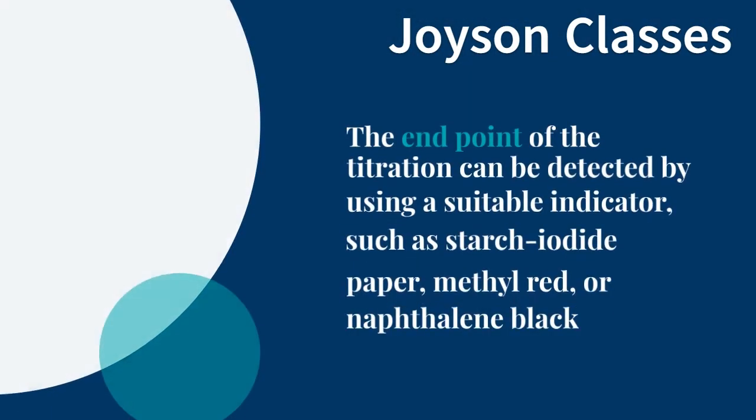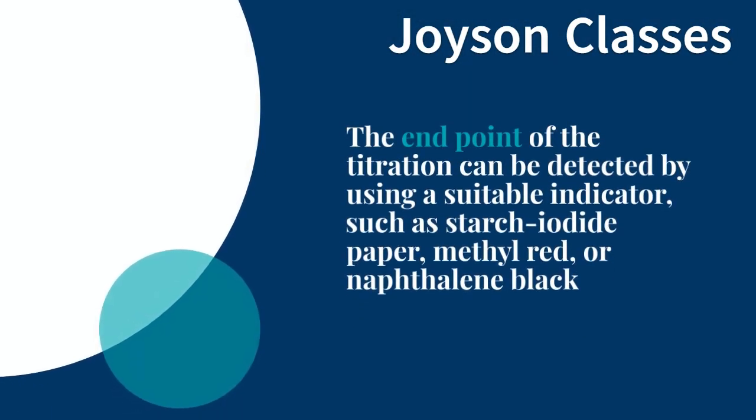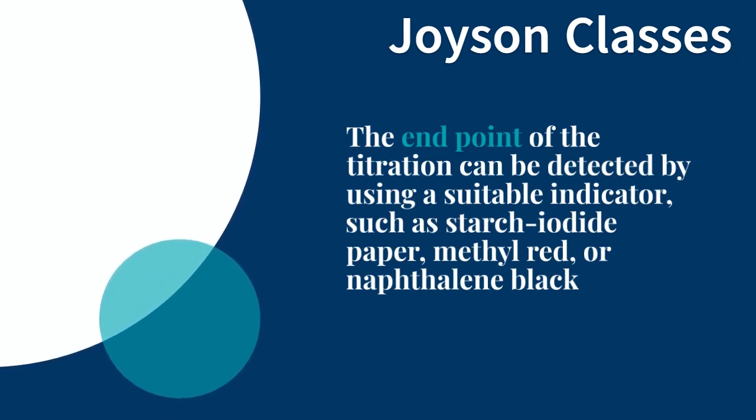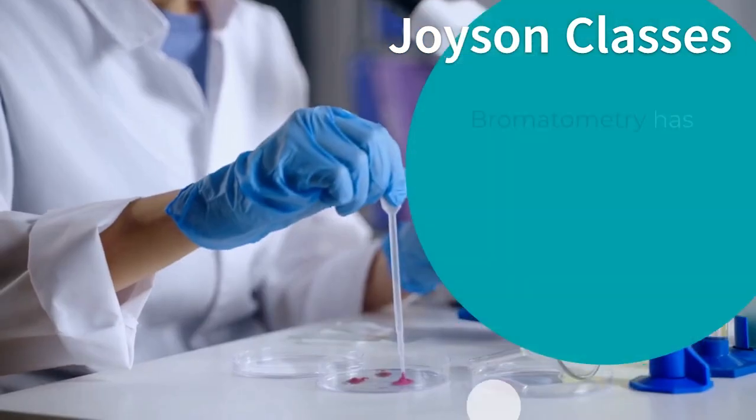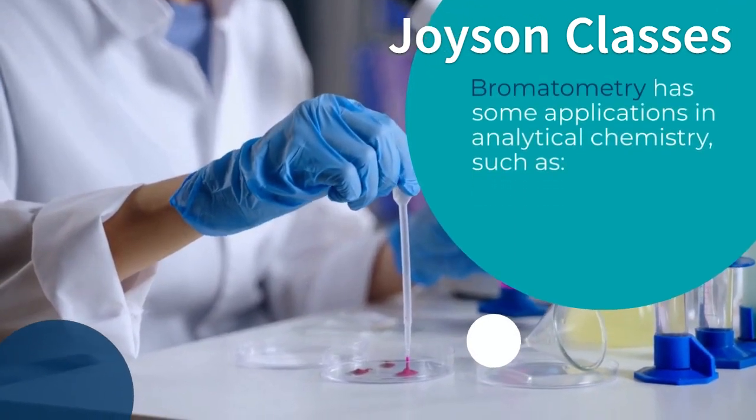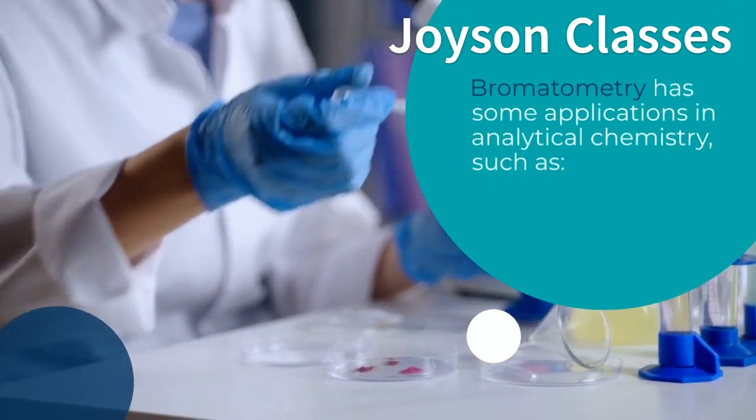The end point of the titration can be detected by using a suitable indicator, such as starch-iodide paper, methyl red, or naphthalene black. Bromatometry has some applications in analytical chemistry, such as: